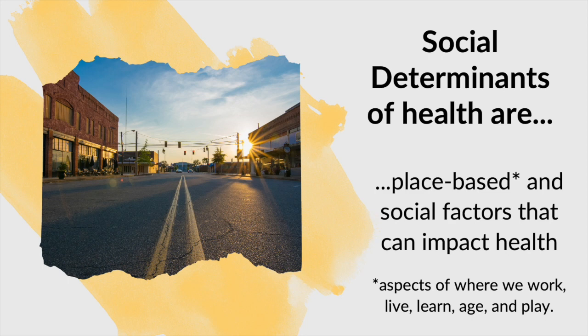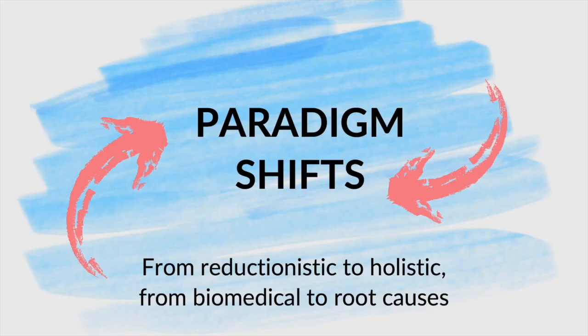So these are place-based, they are achieved, things that you get over time, like number of years in education, or if you get married, but they're also ascribed, which means you are born with those characteristics. And we know that social determinants impact health. All of this is really tied